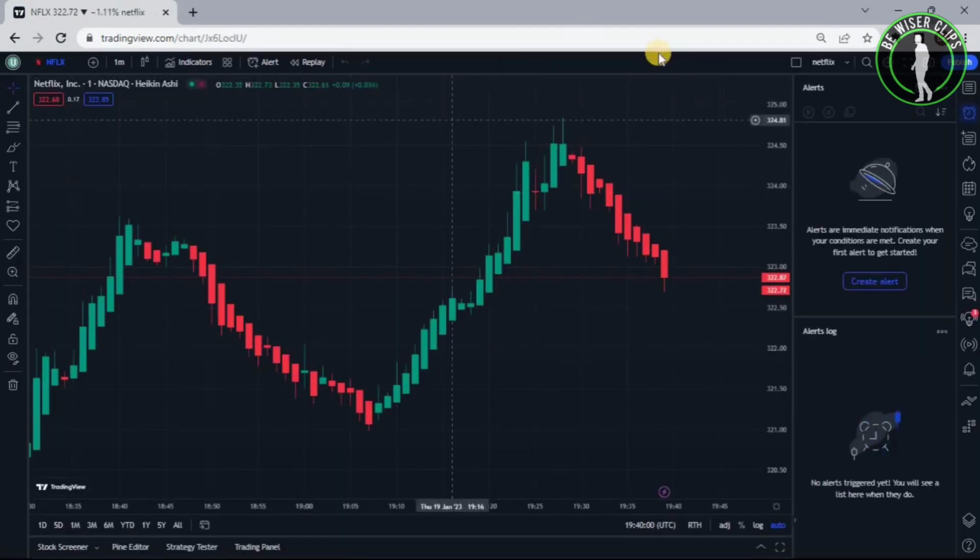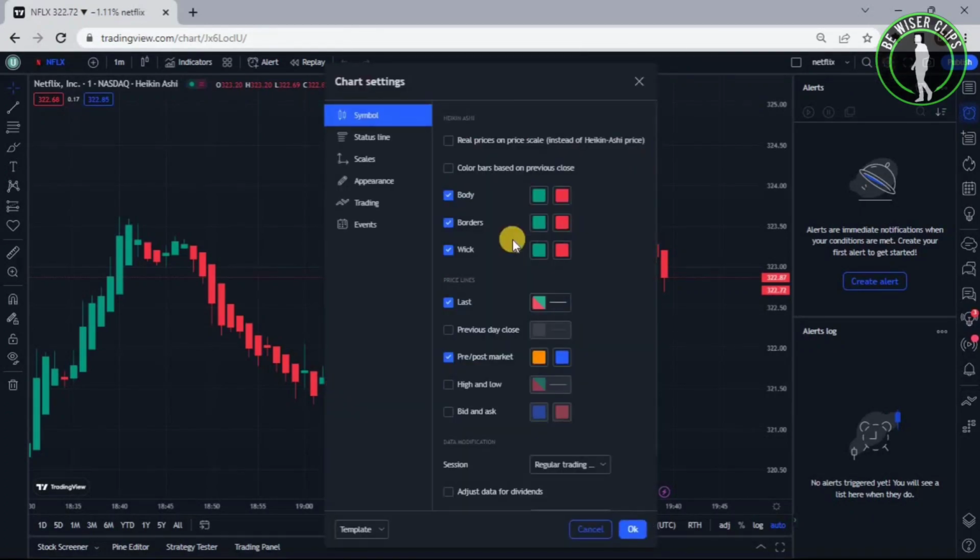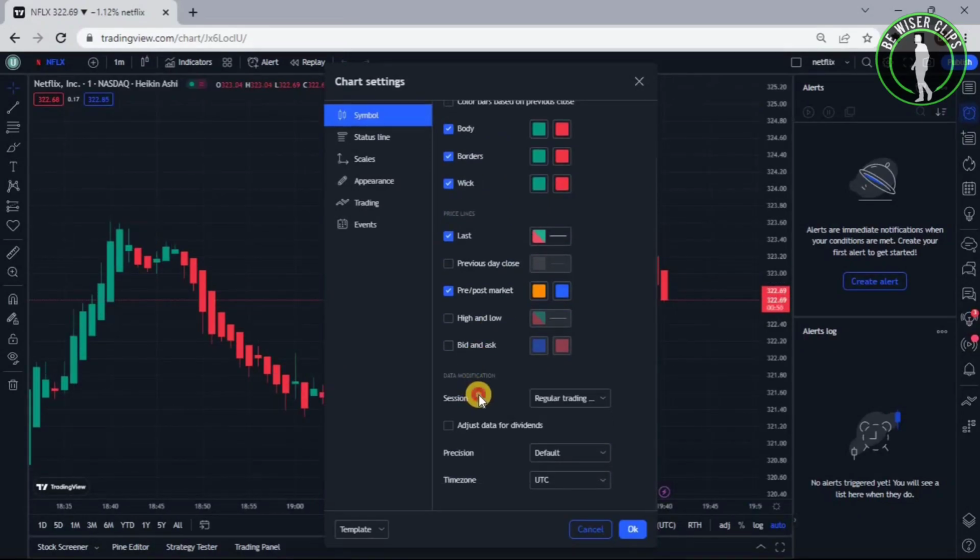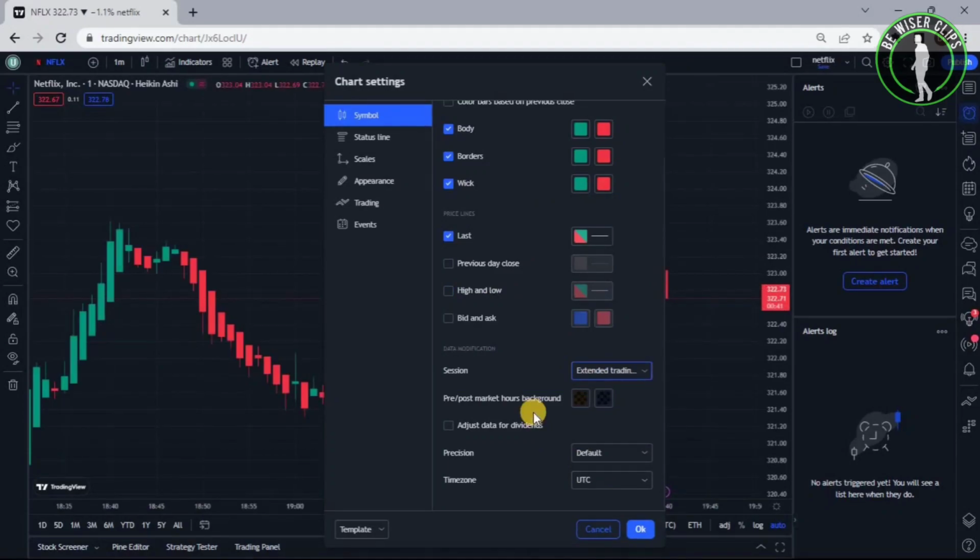So guys, after coming on this page, you will see this option right here, which is called chart settings. Now click on this and scroll down in symbol and you will see this option called session. Now click on the arrow button and you will see this option right here called extended trading hours. Now click on this and you can see this option has now been enabled, pre-post market hours, and now